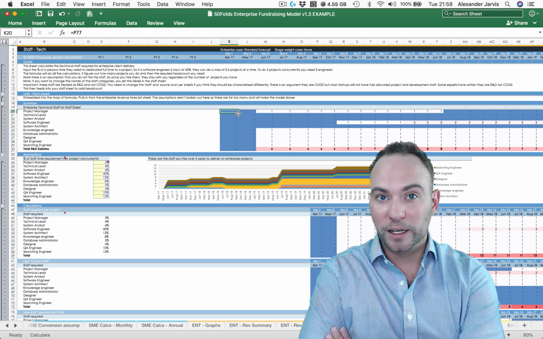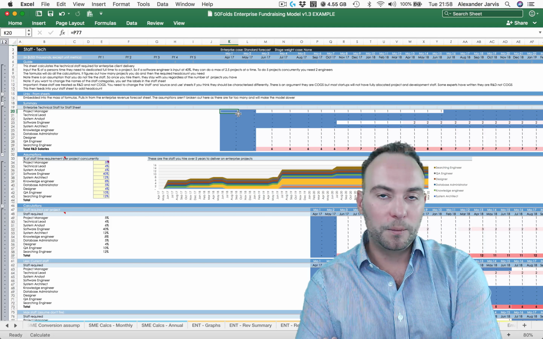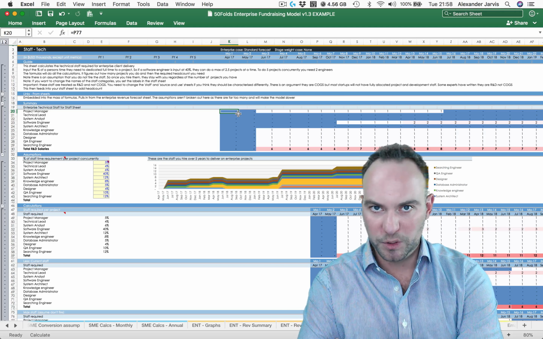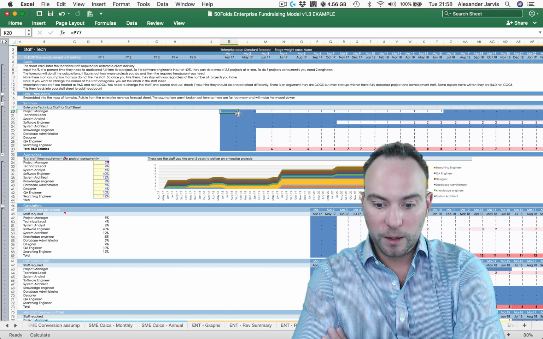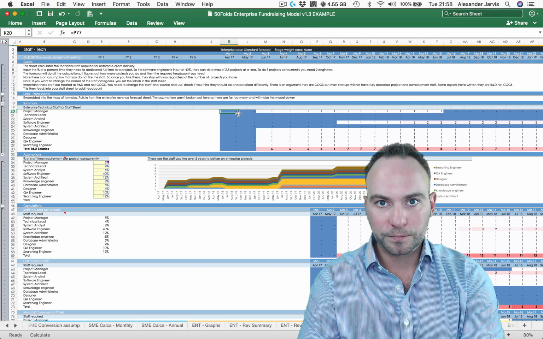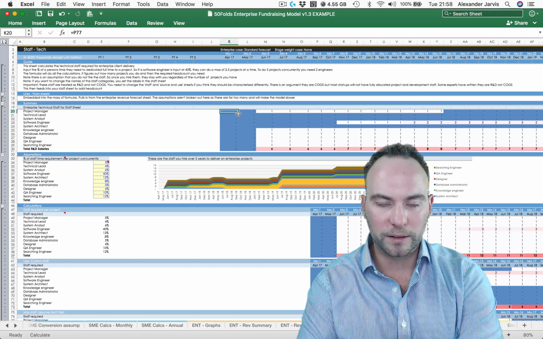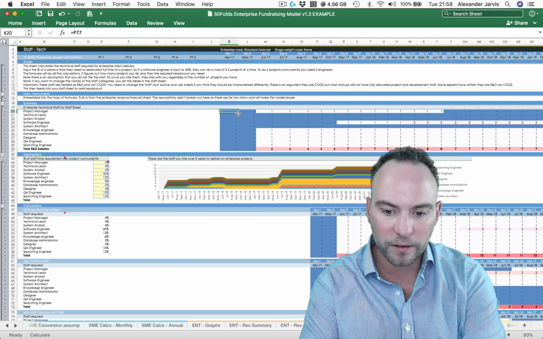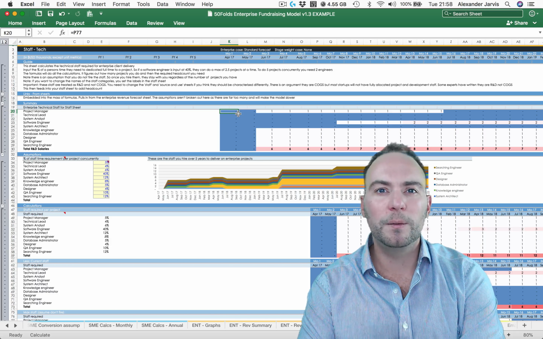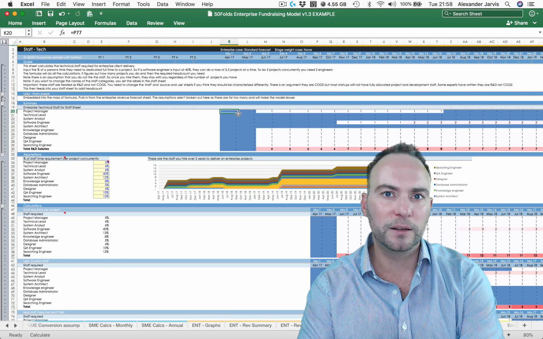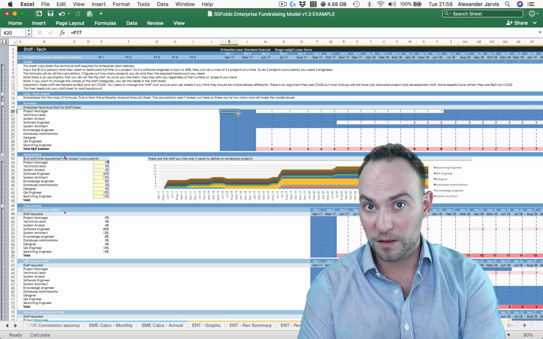So this is actually an operational thing that I built, but ends up being useful for you to do your fundraising operational model. And the approach is, we see how many projects there are. I don't get into too much detail about the size of the projects, just that there are projects. And then you should have some experience and know how many developers you need to execute on, depending on the number of projects.